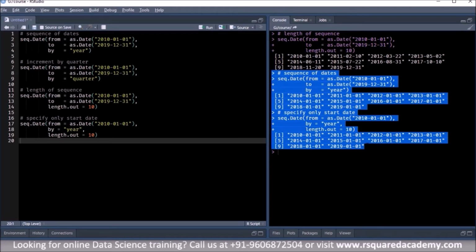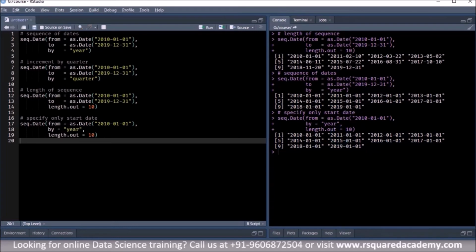In this case, we specified the starting date and the end date, and then we specified a unit of increment. And in the second case, we have specified the starting date. We left out the end date, but we specified the unit of increment and the length of the sequence, right? So there are different ways in which you can create the same sequence of dates. Good.